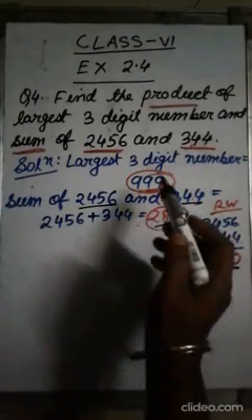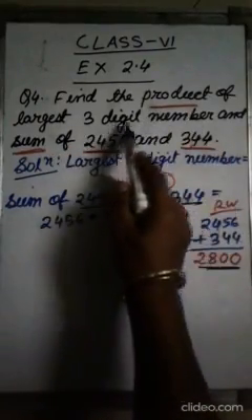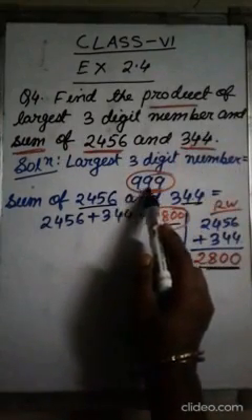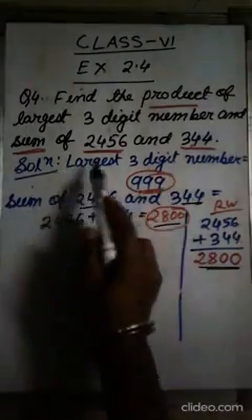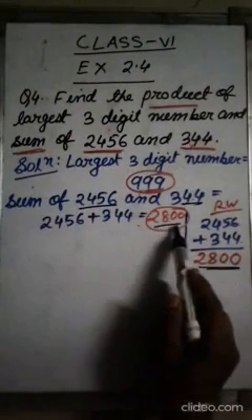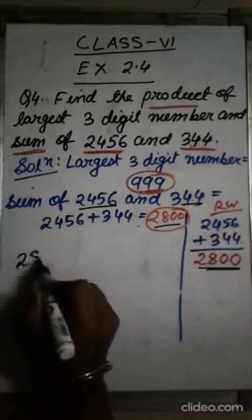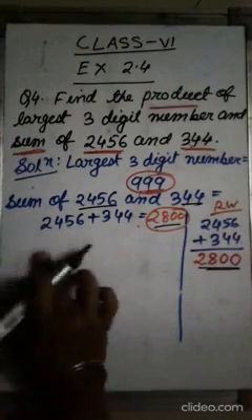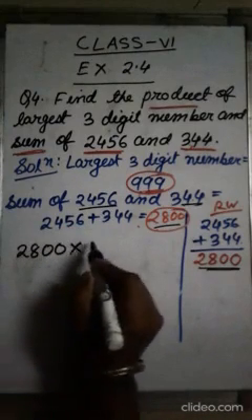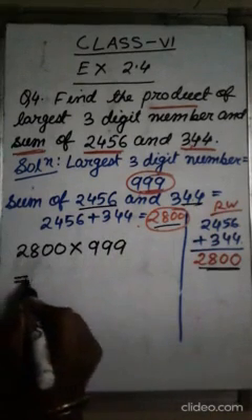We have to find the product of the largest 3-digit number, that is 999, and the sum of these two numbers, that is 2800. Therefore, 2800 into 999 is equal to